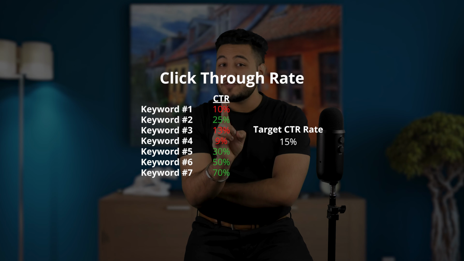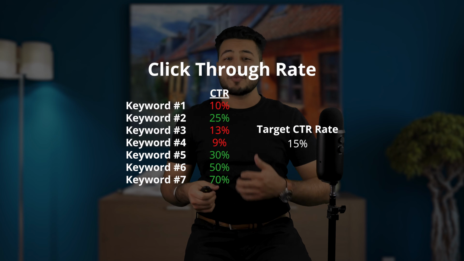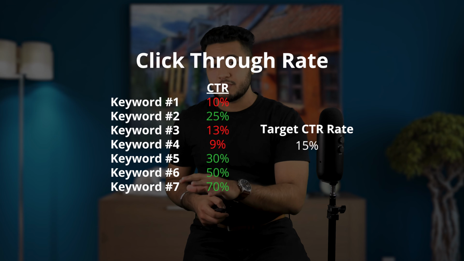An easy system that I'd recommend for doing this is set a base amount. For example, you might say, hey, I want at least 15% of people who've seen the ad to click and go to the next level. And then you can go through all your different ads, your designs, your keywords, and see, well, what's meeting that 15% click-through rate threshold? What's not? Get rid of it. What is? Double down on it.